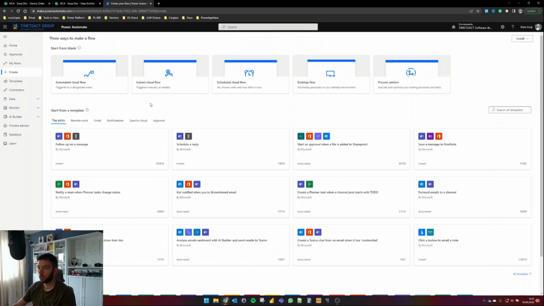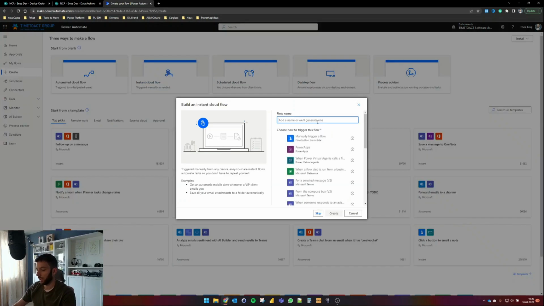Okay, so here we are now. We are going to start with an instant flow. As I said, for your use case, if you want to have it happening every week, you will need to have a scheduled cloud flow with a recurrence, which means every Monday of the week or which day you want. But to trigger this flow instantly, I'm going to create an instant cloud flow, and I'm going to call